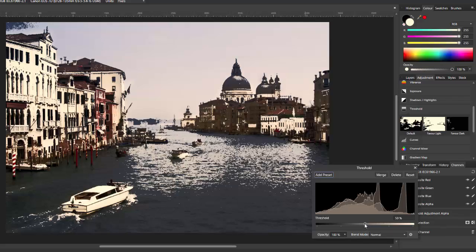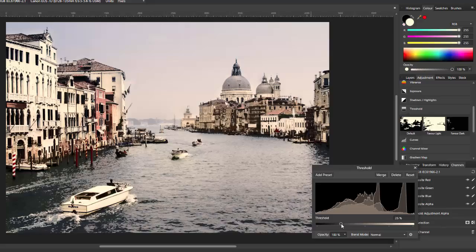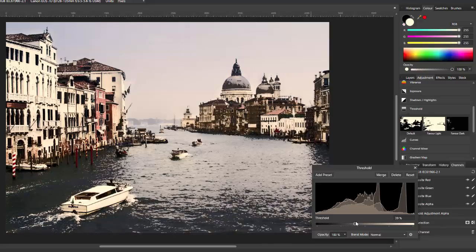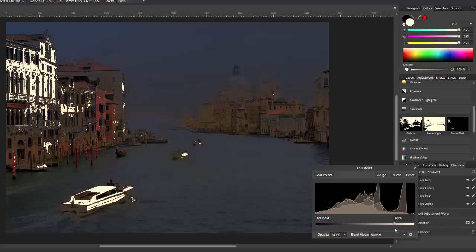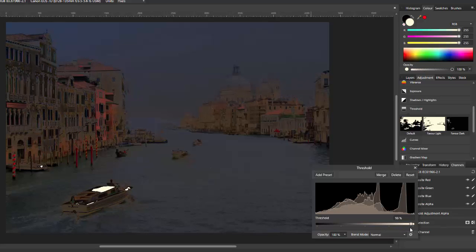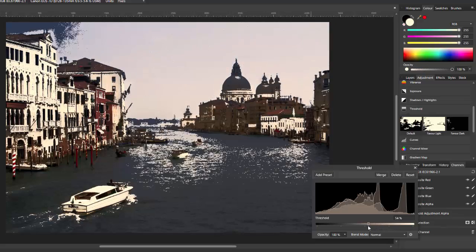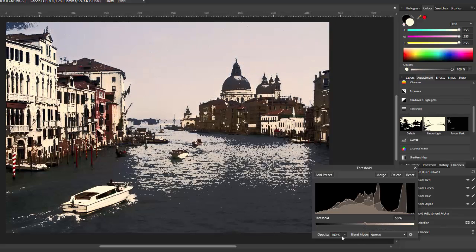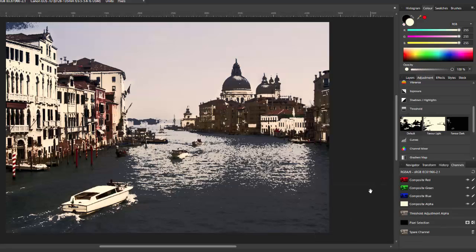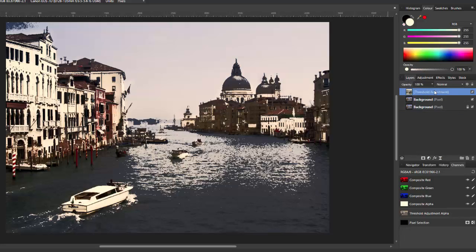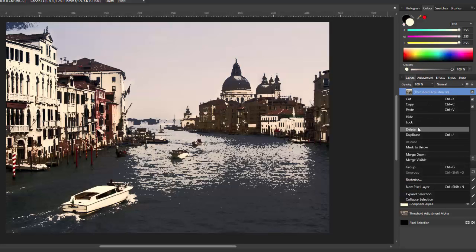You can alter the threshold and have a totally different effect depending on what effect you are after, but I'm going to leave it in the middle 50% mark. And then that is the 3 different types of images that you can create using the channels. Now I will just delete this spare channel, and I'll come back to the layers, and I will delete the threshold adjustment,